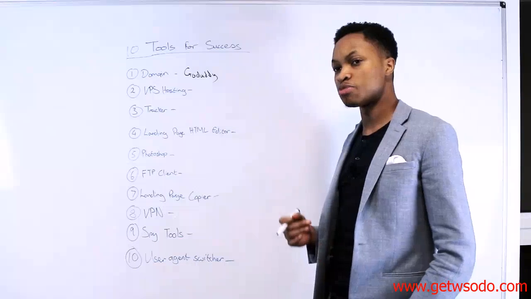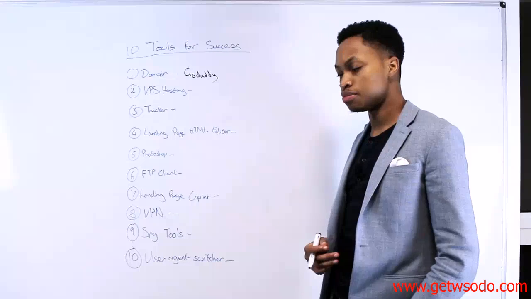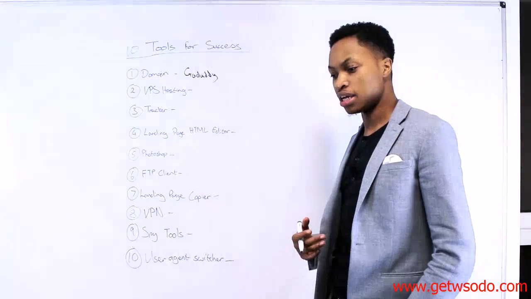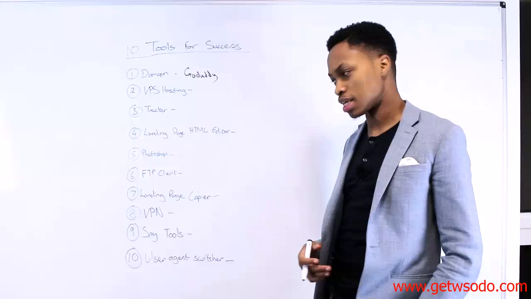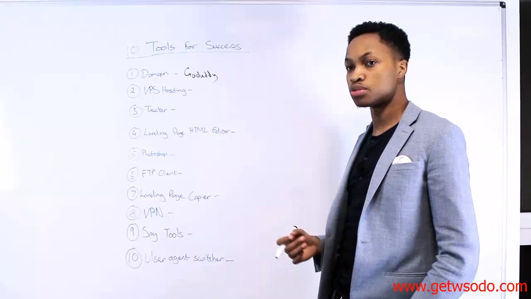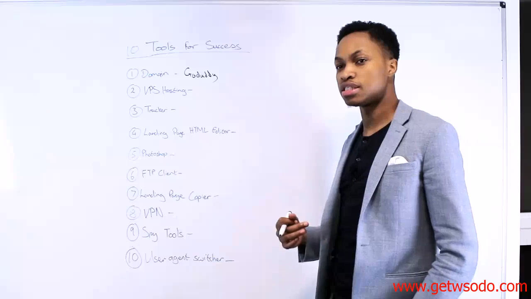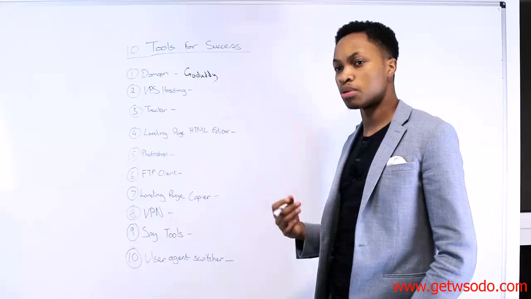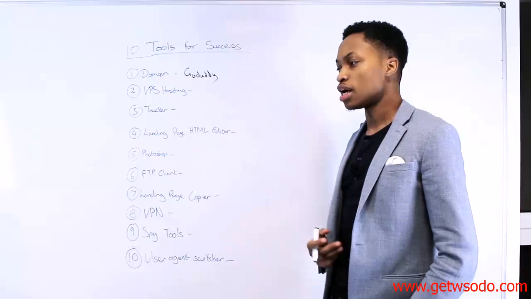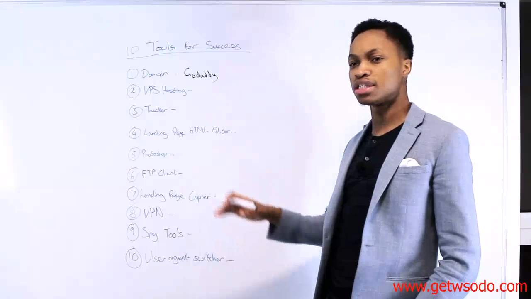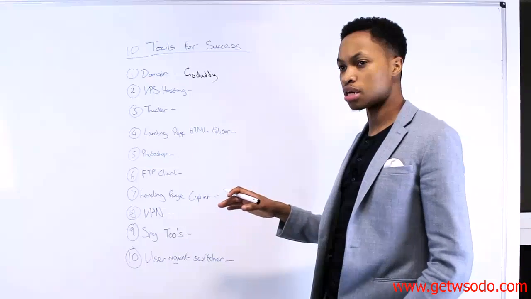VPS hosting specifically is a faster type of hosting. It's called a virtual private server. What it allows you to do is have better load times and less downtime. Especially once you're doing mobile, it's going to be very, very crucial. Because as I've explained in other videos, if you are running a mobile campaign but your website loads slowly, which you can find typically with shared hosting on HostGator or some of these other hosting companies,